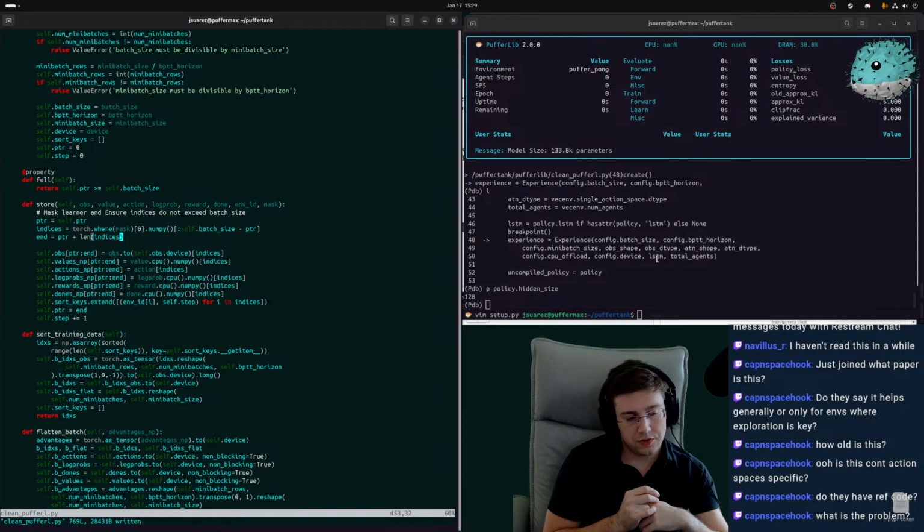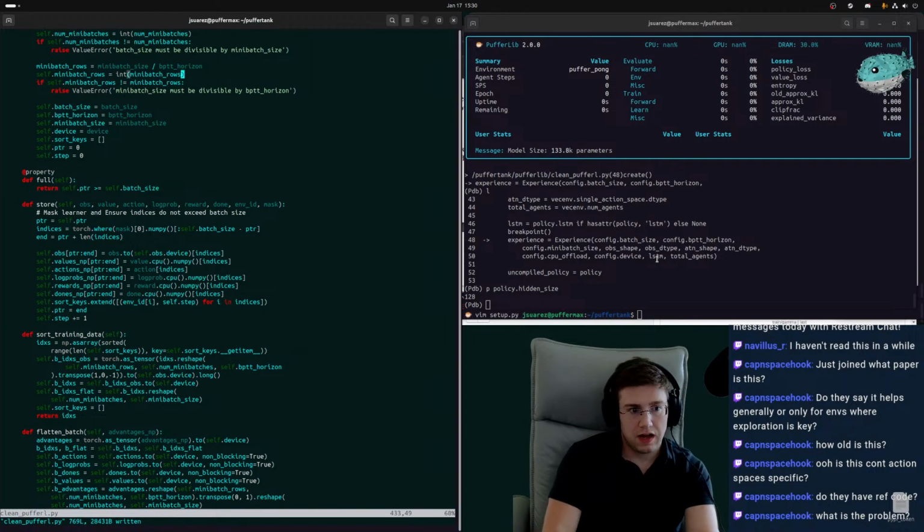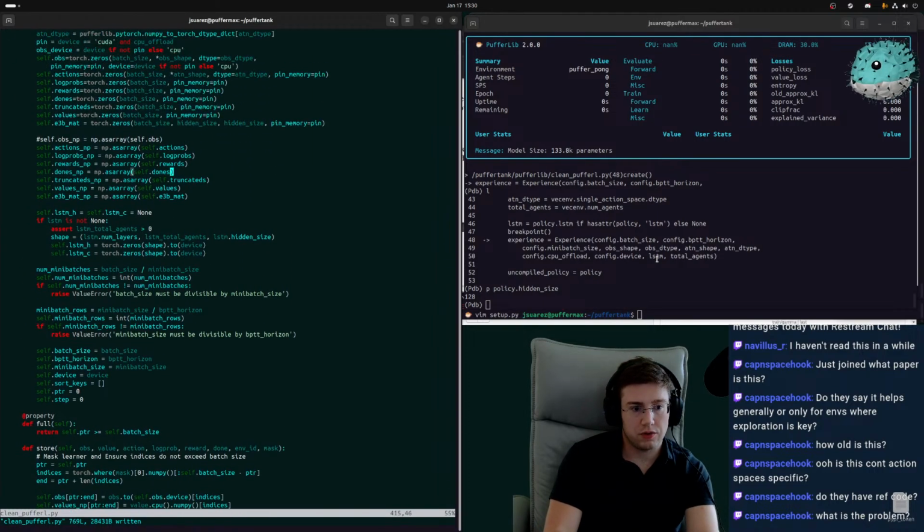I actually don't think we need to give a damn about any of the other stuff. It's not used in the loss function. It's only used in the reward. Yeah, so I think we can just... I don't even think we need the .numpy version. I think literally we just need